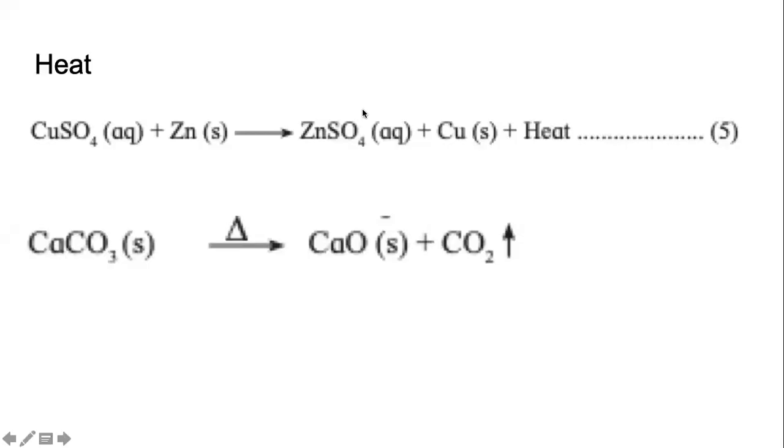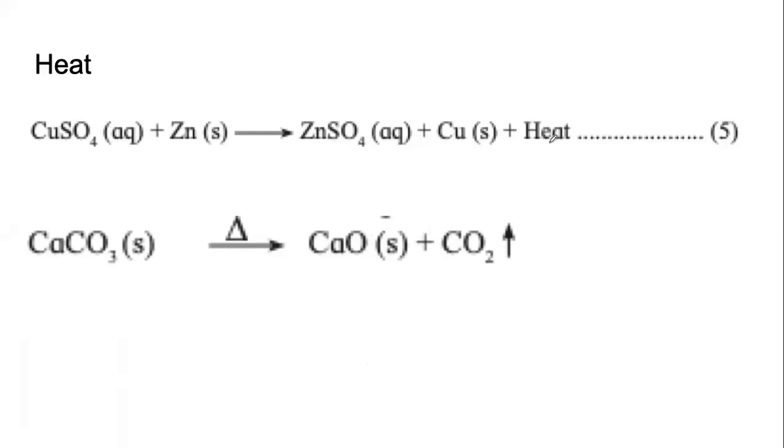Many times, if you look at the same activity, in some of the reactions we are heating the reactants, right? So heat is required sometimes, and sometimes heat is produced during the reaction. If heat is produced during the reaction, it can be written as part of the product on the right-hand side. No surprises here.